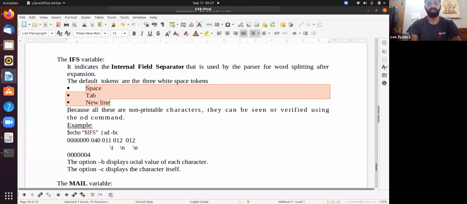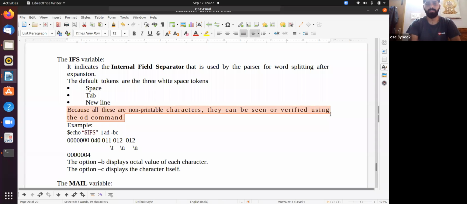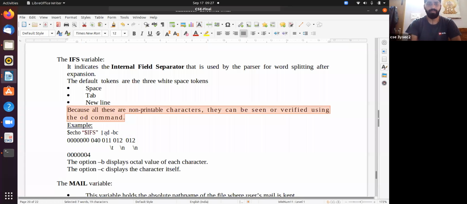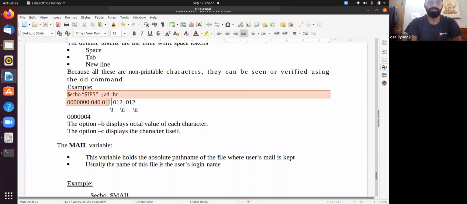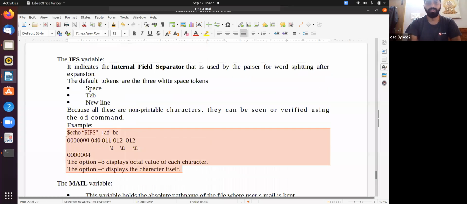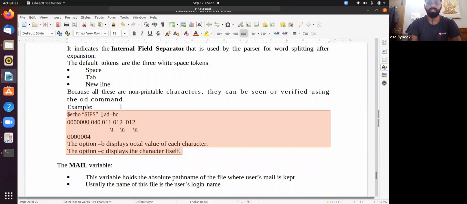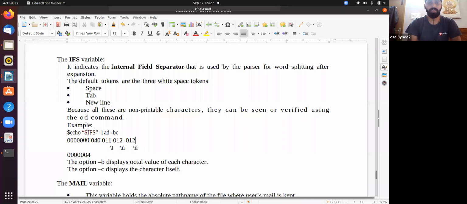Okay. All these non-printable characters can be seen or verified using the od command. I can give the explanation on this in the next class. I'm going to provide one program for this, showing how we can change the IFS value. In the next class, we discuss this internal field separator.